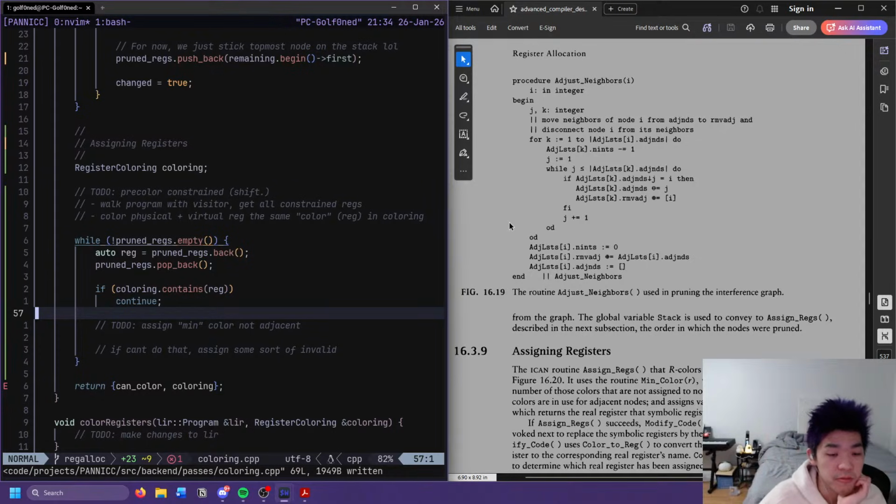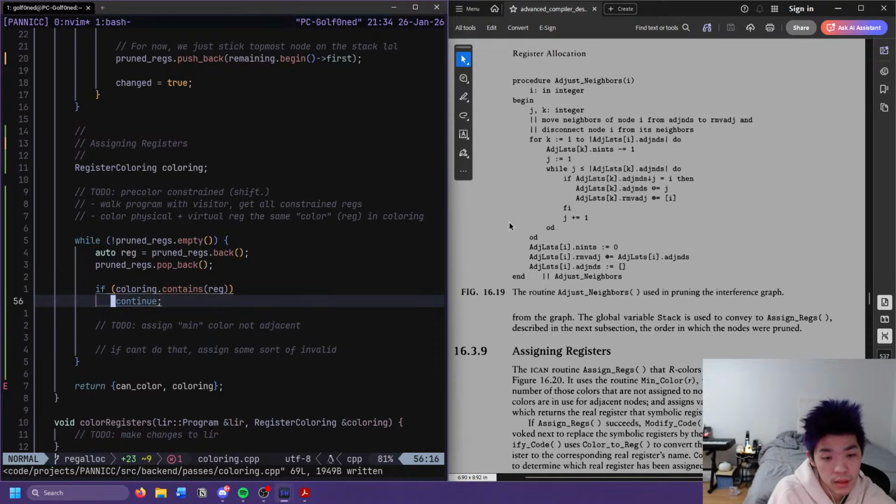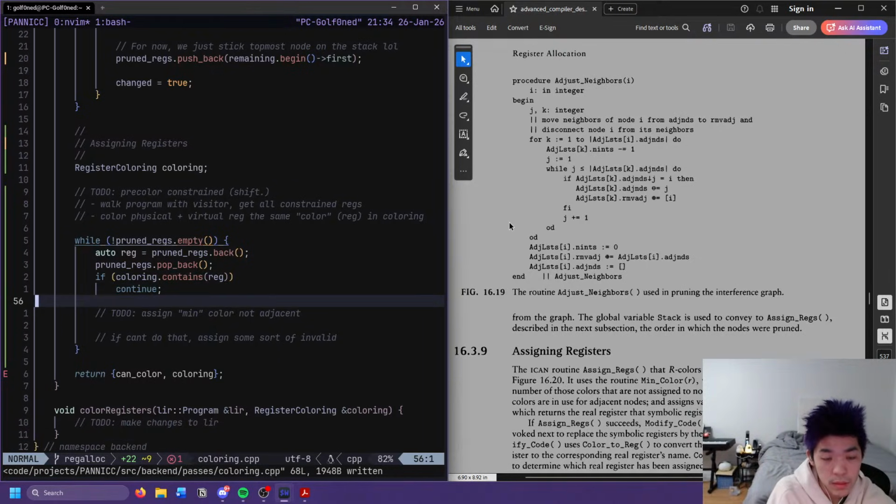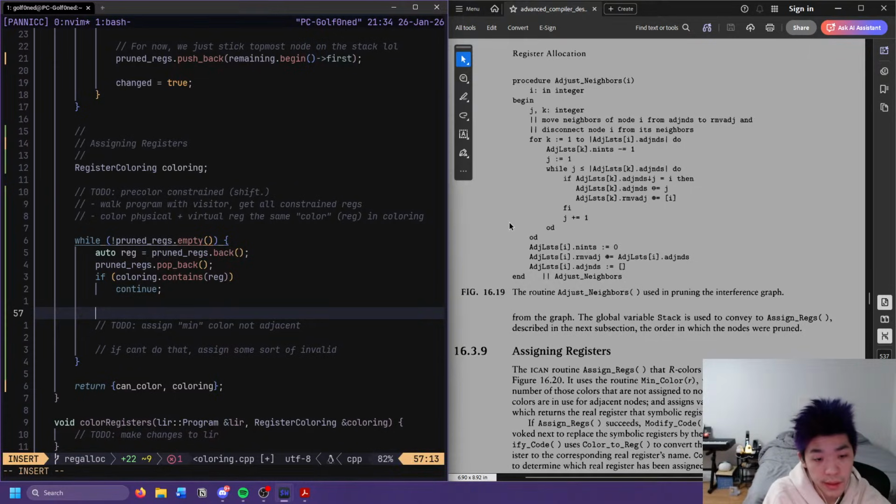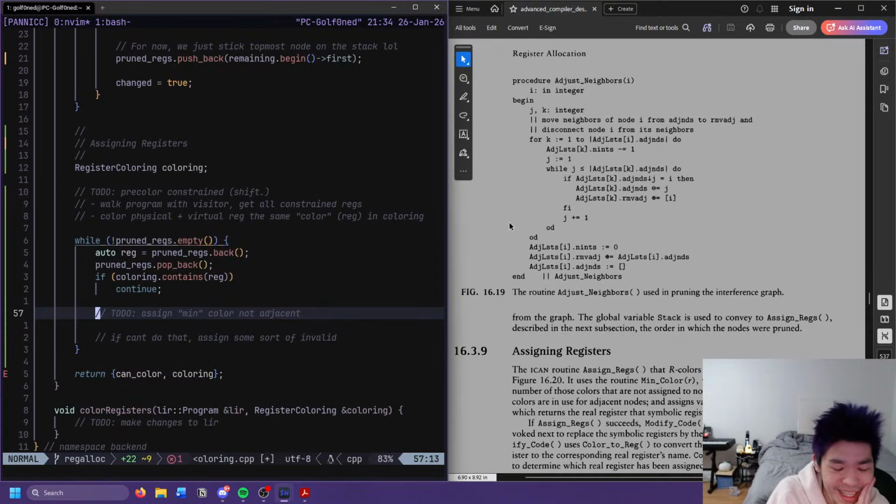So we skip it if we pre-colored it. And then what do we do with this? I guess we could check all the neighbors in interference. And then... This gets really confusing really quickly.